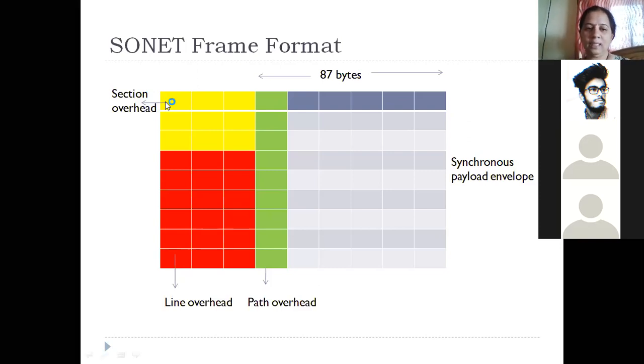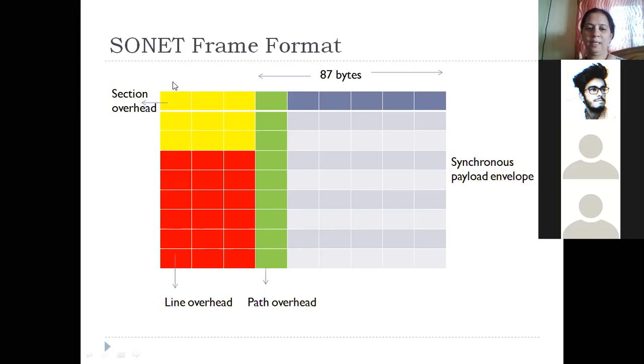Can you see 1, 2, 3, 4, 5, 6, 7, 8, and 9? There are 9 columns. That means each column will have 1 byte. And such 9 rows will be there. So it's a square matrix sort of. There are going to be 9 columns and 9 rows.